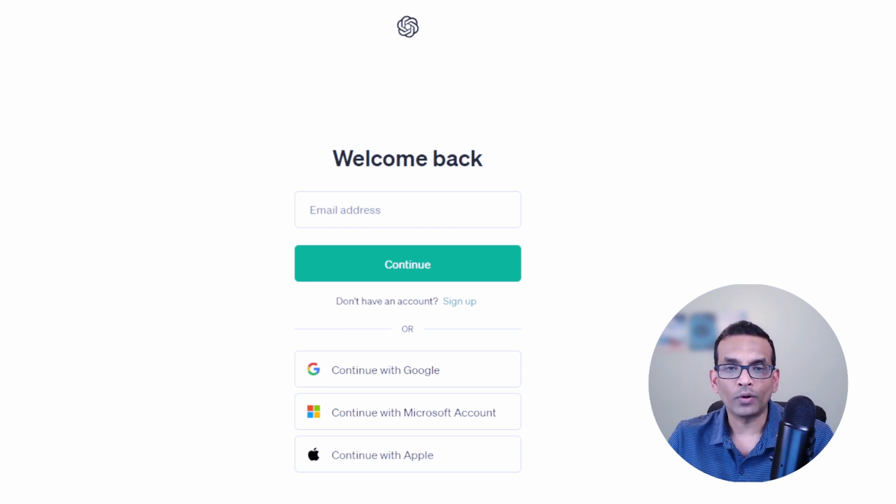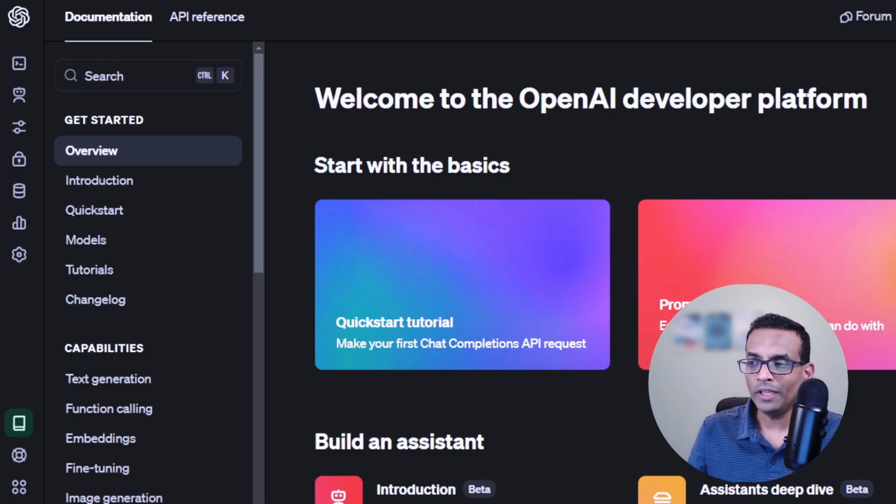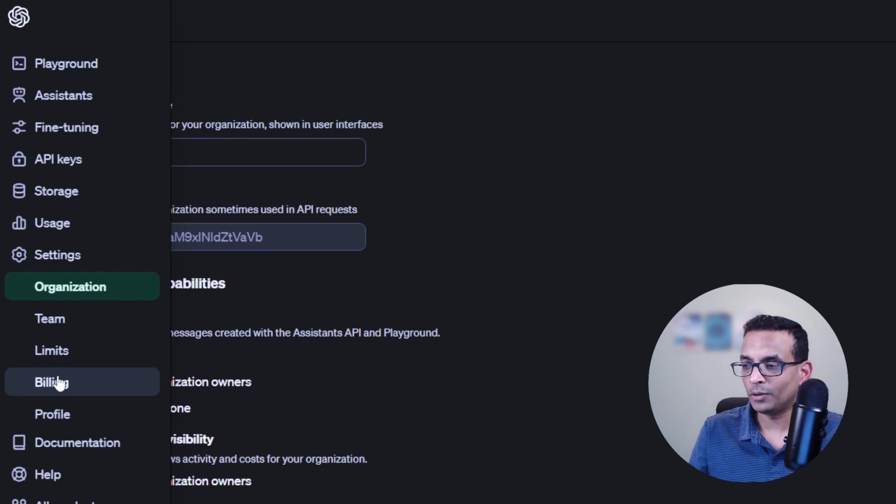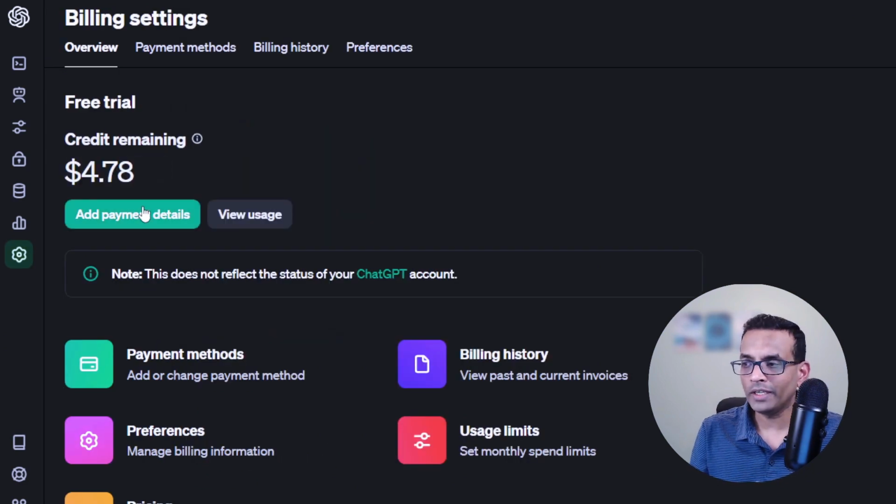To create an account, you need to navigate to platform.openai.com. If you already have an account, just log in. For convenience, I'm going to use my Google account to log in. Now let me navigate to settings and then to billing details page, where you can see my remaining credits. I have a credit of